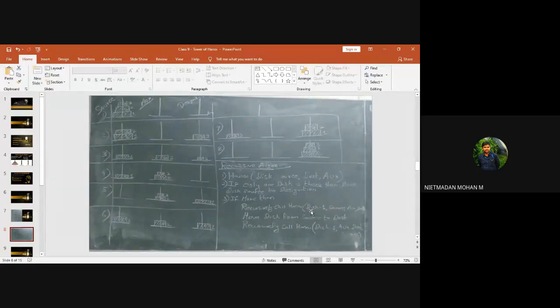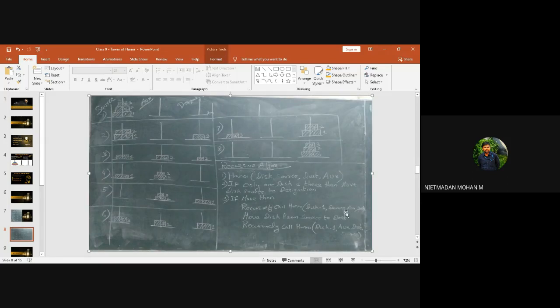Here the arguments will differ: disk-1, source, auxiliary, and destination. You can keep this in mind: first we are moving number 3 to the destination, so the disk automatically becomes disk-1, and you can write these three terms as in the pictorial representation, that is source, auxiliary, and destination. So this was the recursive function call.